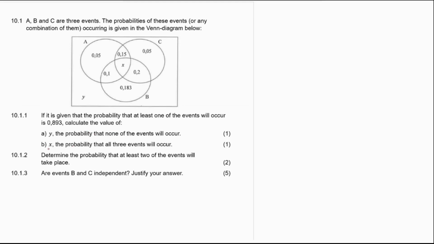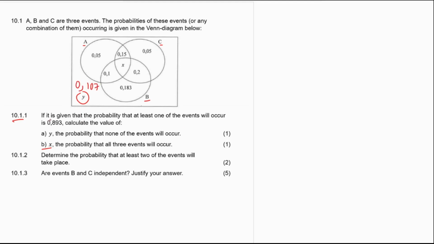Welcome back. Let's do question 10.1.1b. A, B, and C are the three events. The probabilities of these events or any combination of them occurring is given in the Venn diagram below. This is event A, B, and C. We managed to calculate Y. We found that Y is